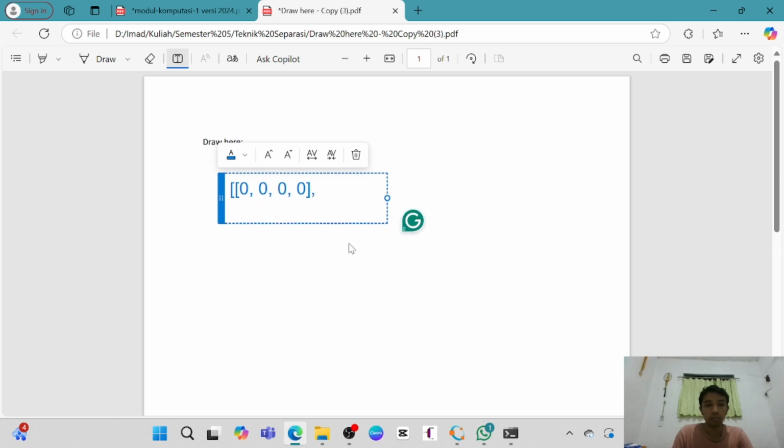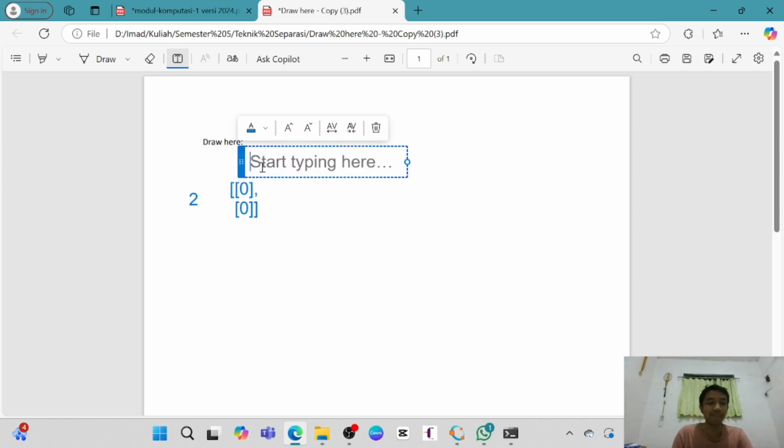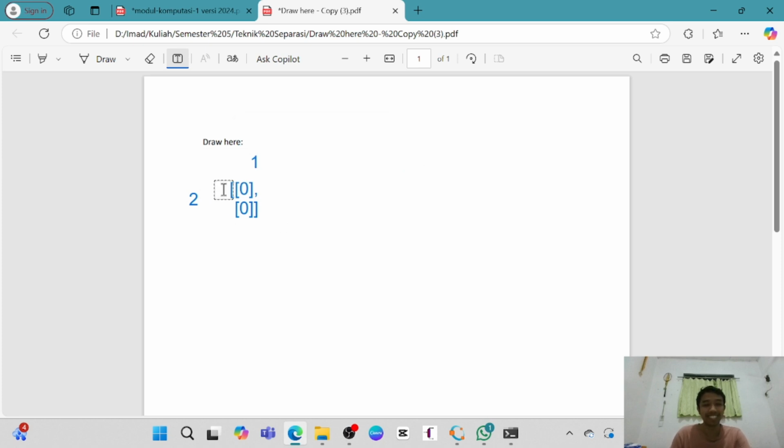The column is like this. This is the matrix. We have two rows and one column. This is two rows. This is one column.